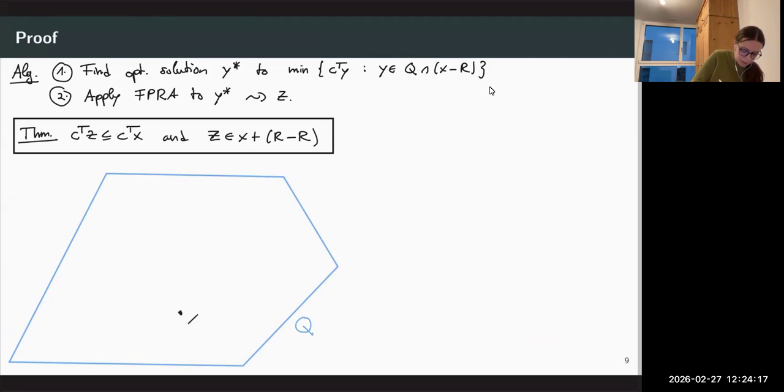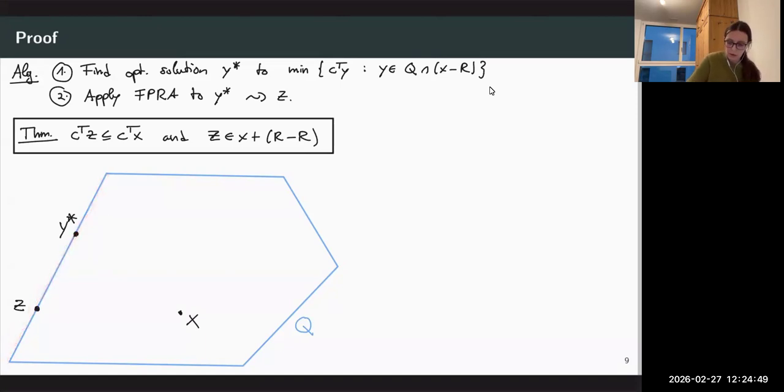So I start with my point X. That's kind of my fractional flow. Now I found this vector y star here. That's what I've seen here. This was the output of a minimization problem. Maybe y star is lying here. It could be anywhere in this polytope Q, but just as an example, maybe it lies on this face. Now my phase-preserving rounding algorithm will give me a point Z, which is lying on the same minimal face.